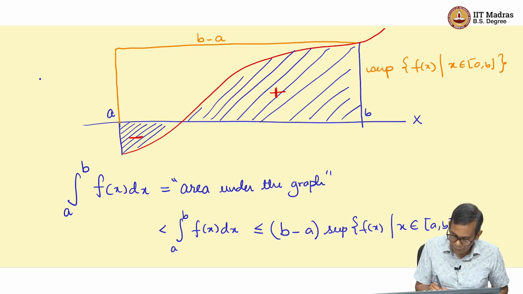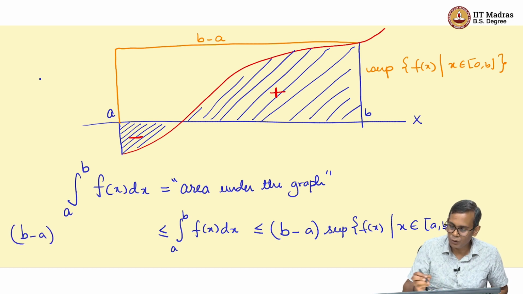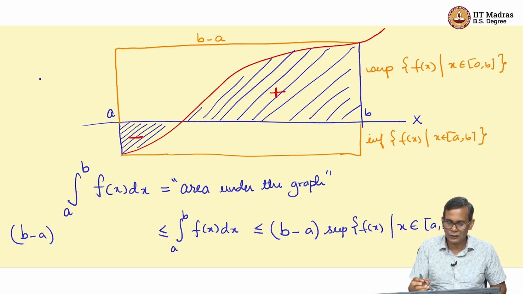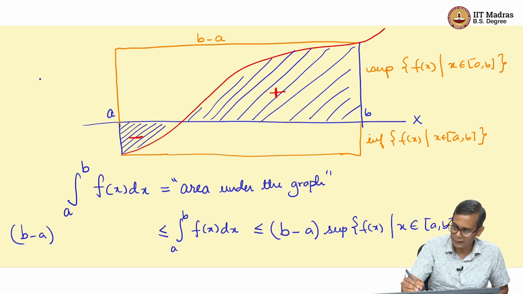And on the other side, we can put b minus a times a lower approximation, so to speak. And this height is the infimum of f of x, where x belongs to [a, b]. In this picture, this is going to be a negative number. And what we have is that the area lies between